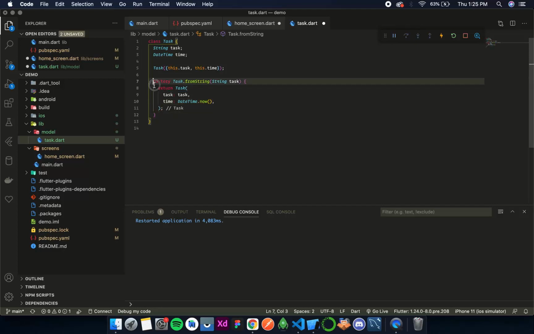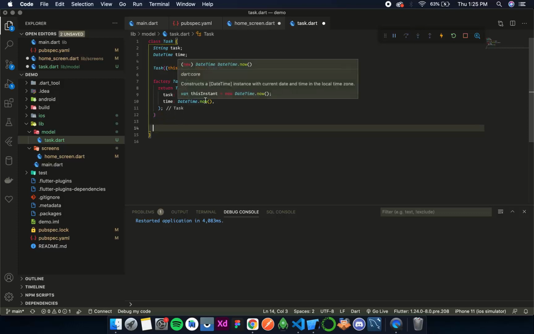Now by calling this method, we can create an object of this class Task. Now to store it in shared preferences, we directly can't store a model class as it is not serializable. So instead we'll store it as a JSON object, or most probably a map, that is also a JSON type of thing. Just there is a flexibility to add commas at the end if we want, which we don't have in JSON. That is the only difference between JSON and a map in Dart.